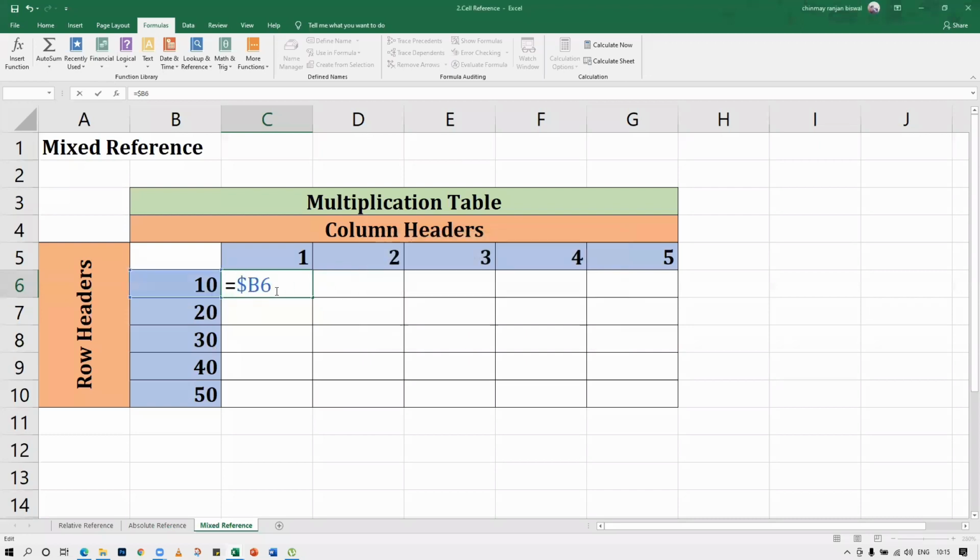चलेगा? Into, in this case, what we are going to do? I need to fix the row, not the column. So C dollar what? 5. 5, no? This is 5. समझ में आया? Yes, sir. अब अगर मैं एंटर करता तो व्हाट इज हैपनिंग, the column will change, the row will be fixed and here the row will change, column will be fixed. अब देखो